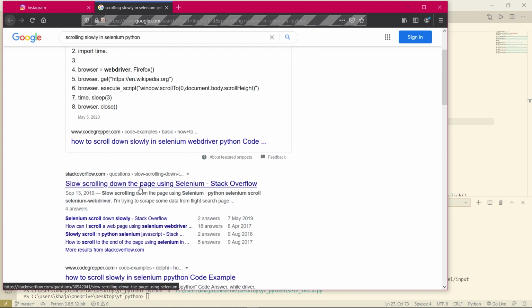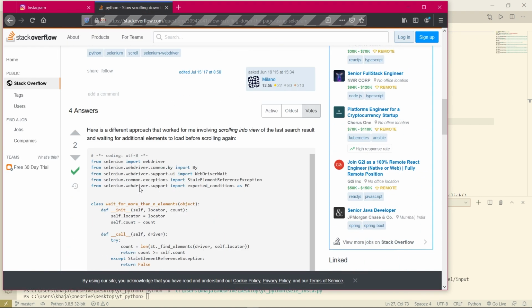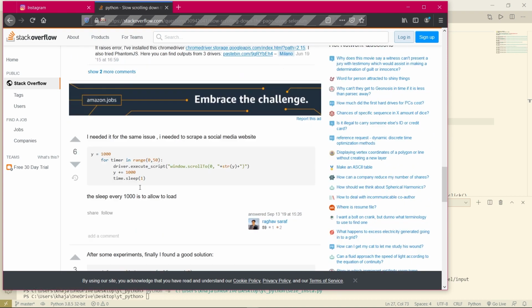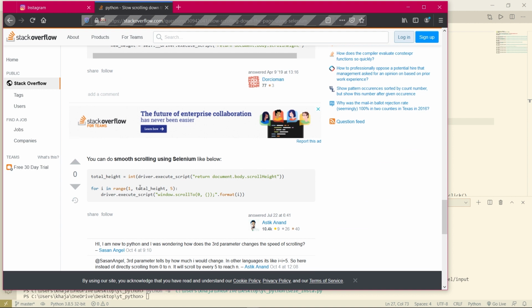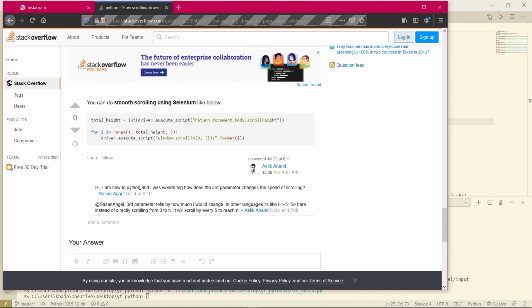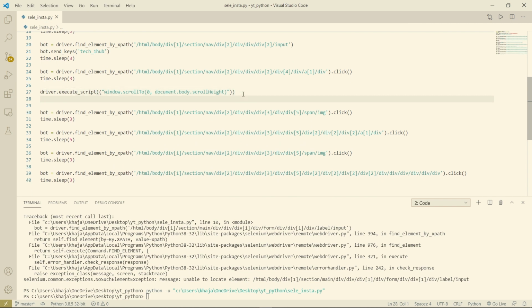Now from Stack Overflow, you can see this. You can do smooth scrolling. Okay, we will copy this and paste this after this.